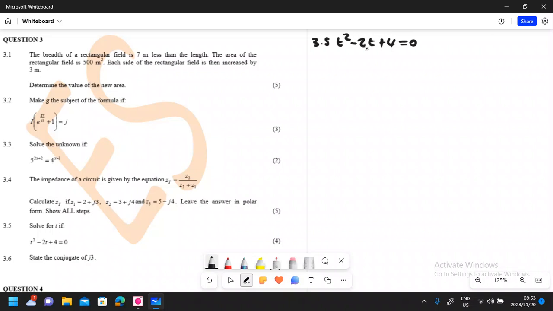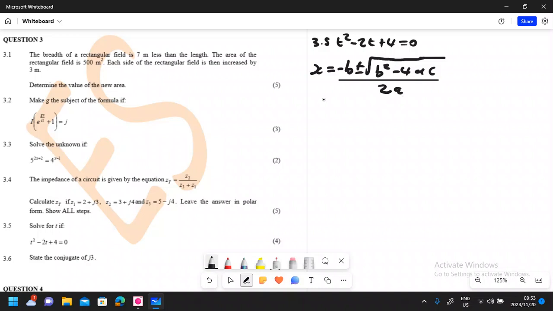We do have them, but we cannot get them in a simple direct factorization. We need to use the quadratic formula. So let's use the quadratic formula here. We know that we have negative b plus or minus the square root of b squared minus 4ac, right? This is divided by